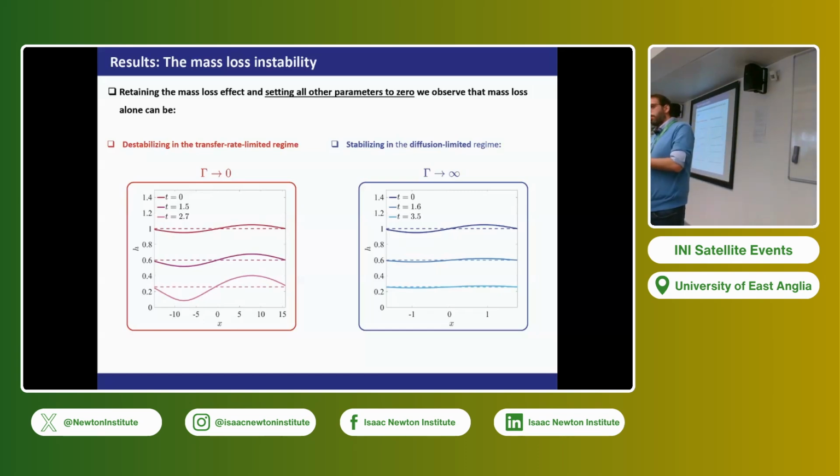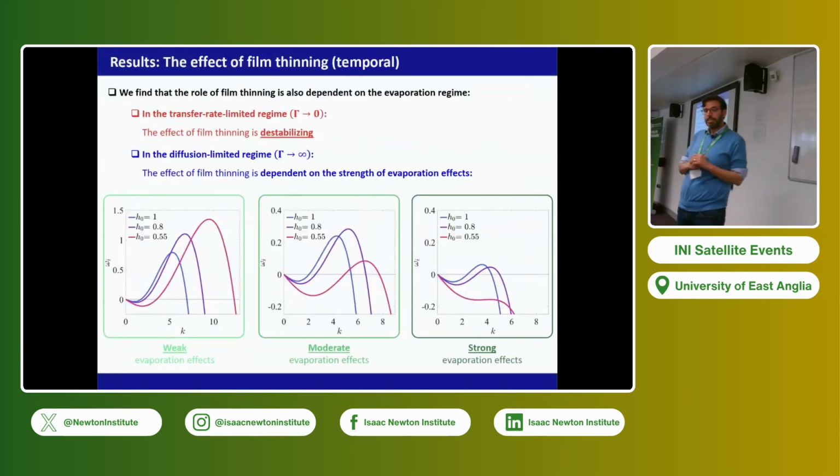What does it mean? It means that we have an instability due to the effect that we have a density gradient between liquid and gas. Okay, liquid and vapor. Sorry, not gas, vapor. But in a very theoretical case, in which we don't have a gap in density between liquid and vapor, we still have an instability in some cases due to the fact that molecules are departing from the interface. Okay? So now the last thing about the film,